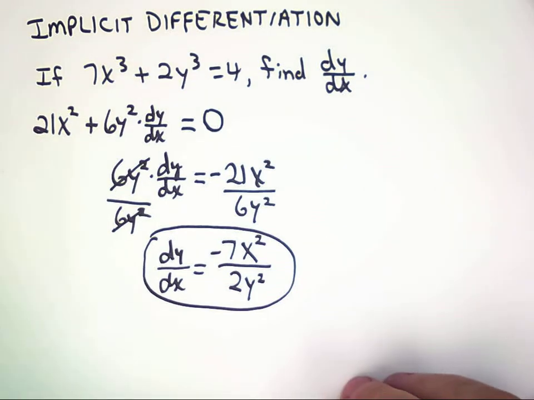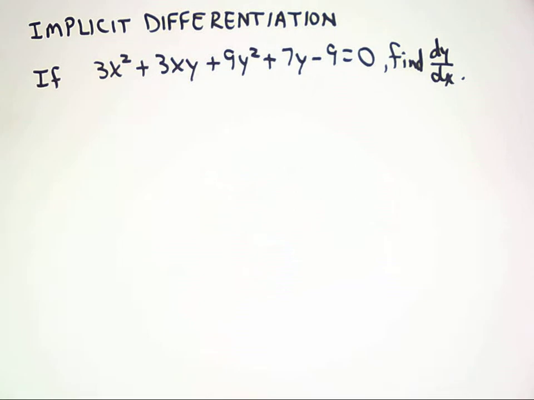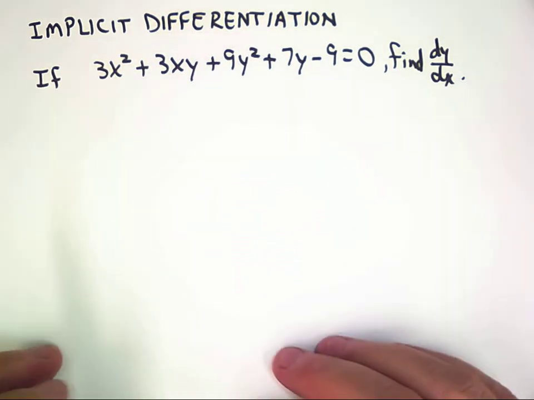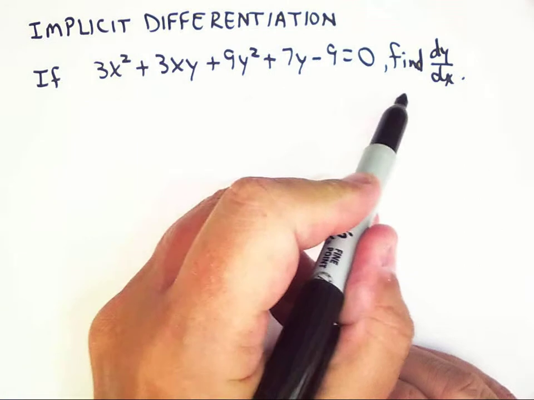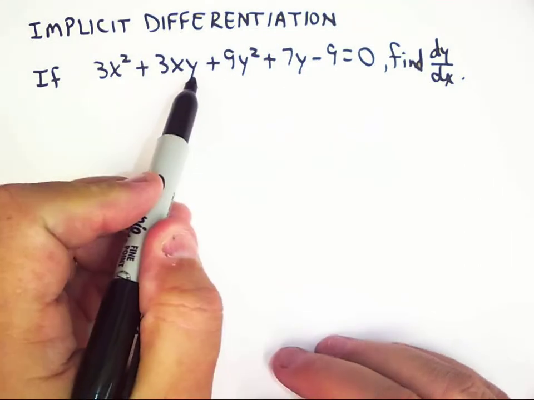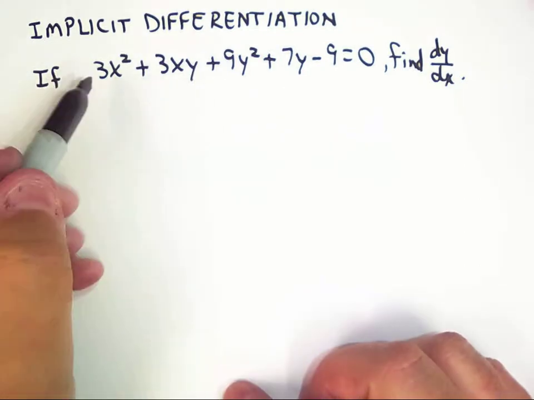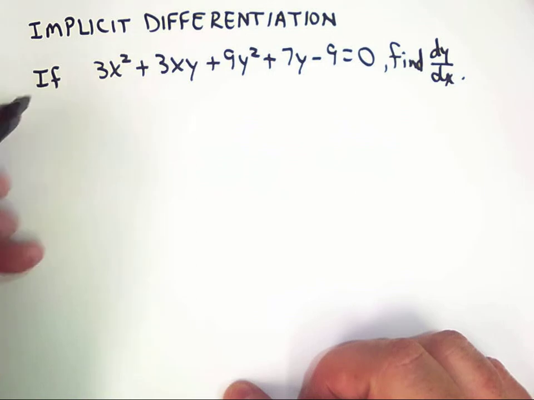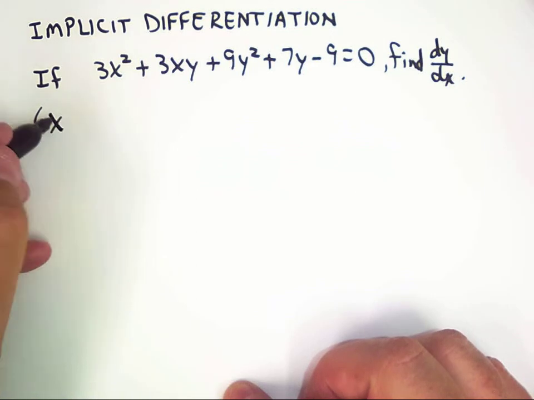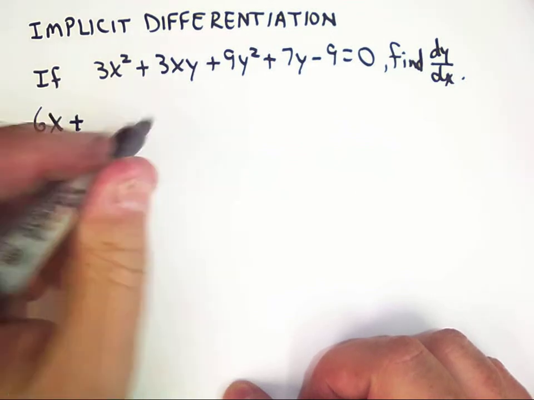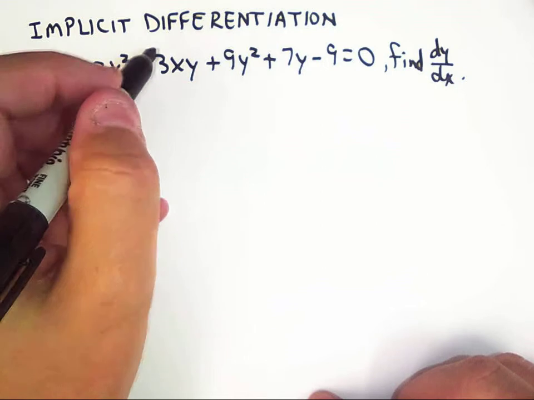Okay, let's try another one. This time it's a little more complicated. You still take the derivative term by term under the assumption that y is a function of x. So the derivative of 3x squared is going to be 6x plus, now the second term is a product, so